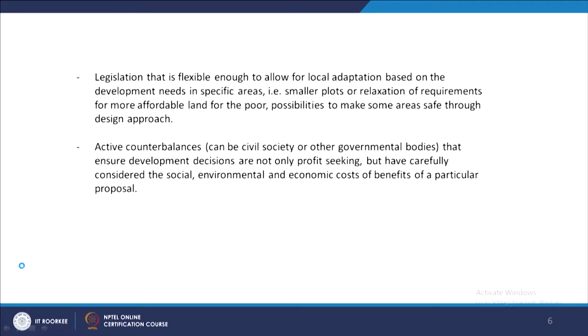Active counterbalances between the civil society and the other governmental bodies. Like in a Scandinavian example, I've been working on the snow maintenance aspect when I was working in Sweden. There we interviewed many agencies on how the snow management program has been conducted by the council.